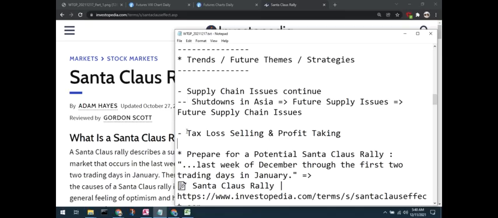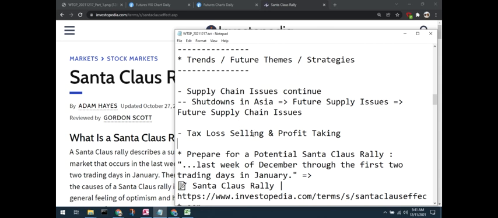Also, we talked about tax loss selling and profit taking, which is all end-of-year accounting, particularly for large fund managers, hedge fund managers, and institutions. There's discussion that this should wrap up the week before Christmas. However, we may get a large glut of institutional tax loss selling or profit taking all at once. They may be waiting for an opportunity, so you might see a large volume of selling hit all at once in the next week or so. Please be aware of that.